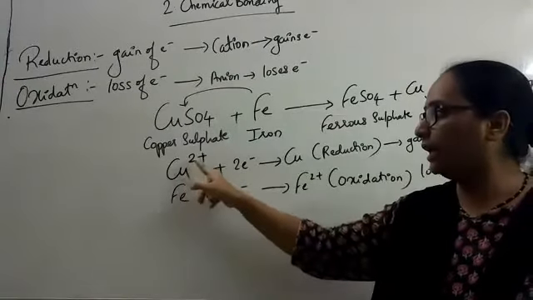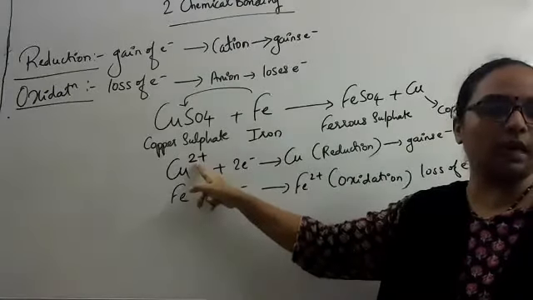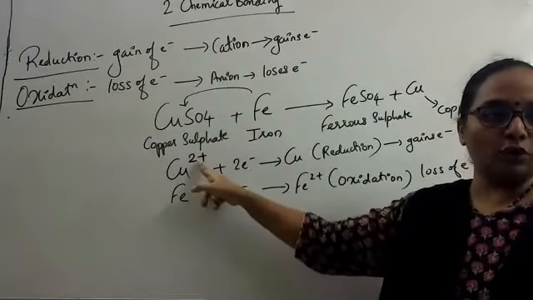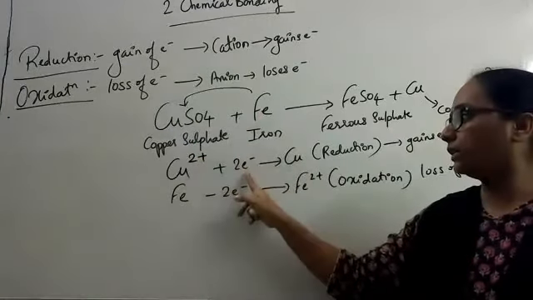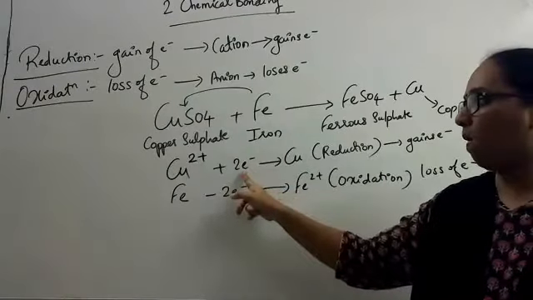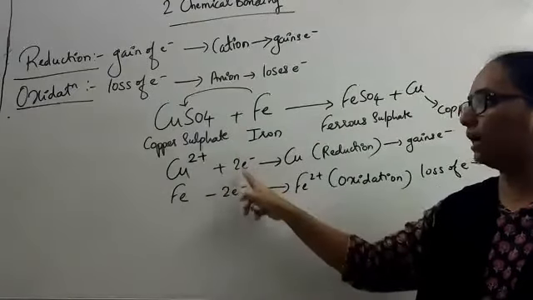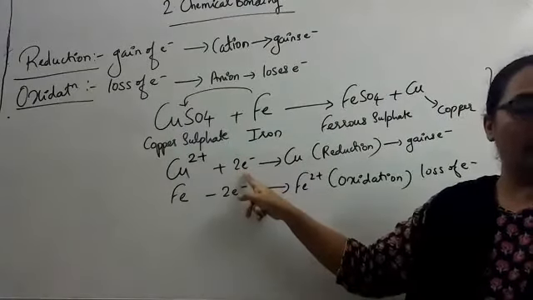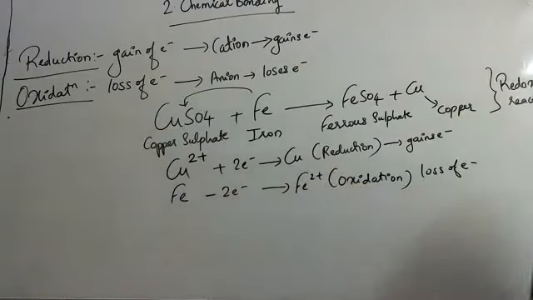Which already is short of 2 electrons. मतलब कॉपर के पास ऑलरेडी 2 इलेक्ट्रॉन कम है. ओके, तो वो जो 2 इलेक्ट्रॉन्स है स्टेबिलिटी के लिए it is going to take from ferrous. ओके, so copper gains 2 electrons. So plus 2 electrons, and these 2 positive charges and 2 negative charges balance each other, they neutralize the reaction and there is formation of copper. So it undergoes reduction. Reduction का meaning है gain of electrons.